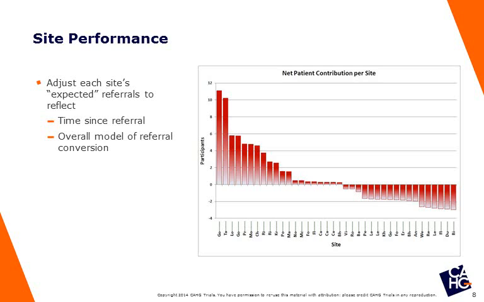We can use that time since the referral to change how many we actually modeled to be converted at each site, and we can compare that to what they've actually converted into the study. That gives us a much more accurate day-to-day picture of what the sites are doing, enables us to compare sites that received a bunch of referrals recently with sites that received a bunch of referrals sometime in the past. We can do a much more direct apples-to-apples comparison, and if we directly compare that adjusted expectation to the actuals,